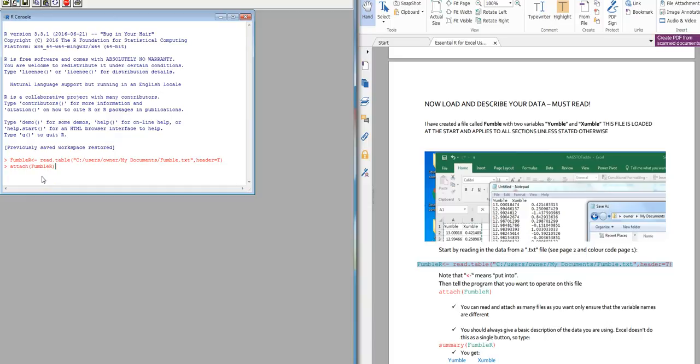If you want to put it down, as it were, you would type in detach Fumble R, and that would detach it. It's always best to have different names for variables. If you do attach a file with the same variable names, it will blank out the previous one, so it's best to keep the names different. So I attach the file, and now I want to,